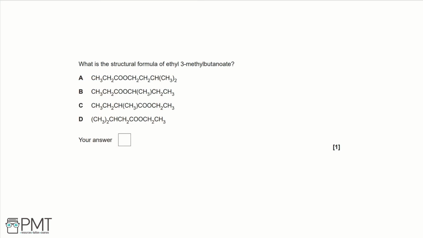What is the structural formula of ethyl 3-methylbutanoate? A. CH3CH2COOCH2CH2CH(CH3)2. B. CH3CH2COOCH(CH3)CH2CH3. C. CH3CH2CH(CH3)COOCH2CH3. Or D. (CH3)2CHCH2COOCH2CH3. So the